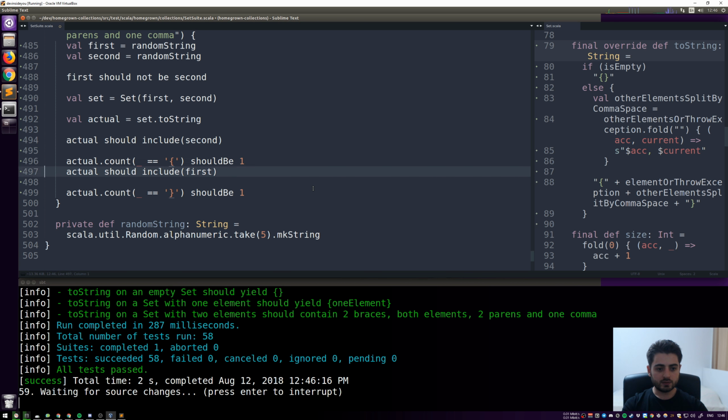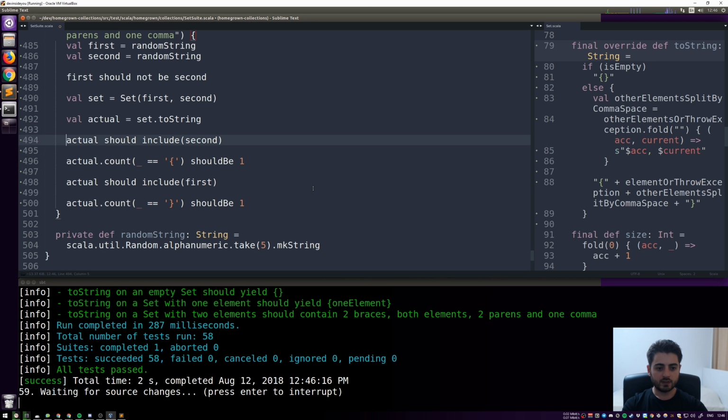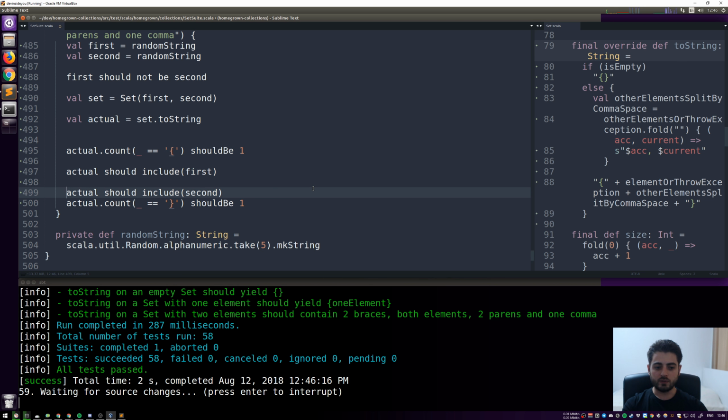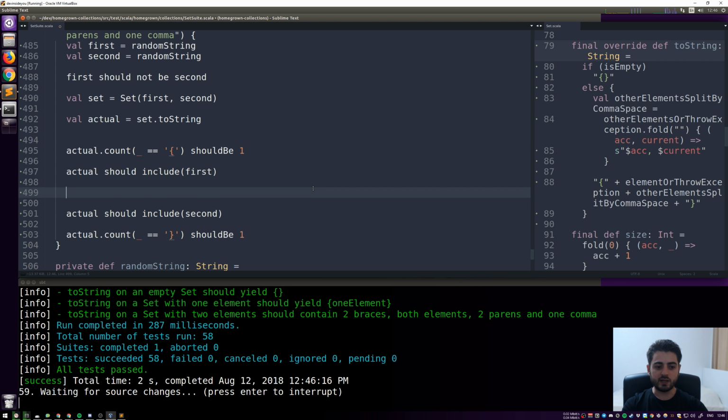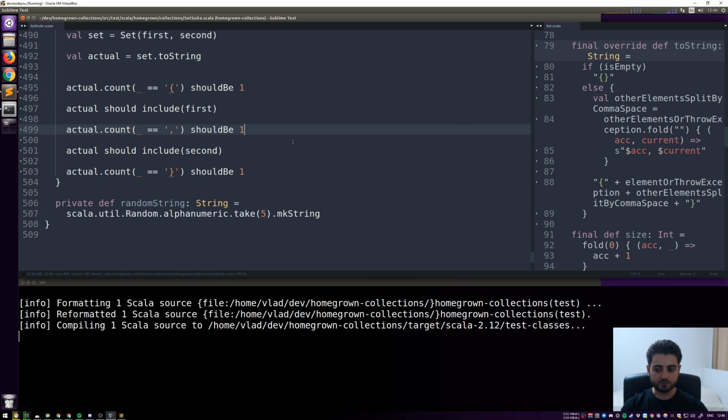So I'm gonna do it sort of like this, so that it's the same order, even though I technically don't want to imply that sets have order. Okay, so what should happen here? Here should be a comma. Let's do actual dot count commas, right? In this case it should be one, 1 comma 2. So everything should be 1,